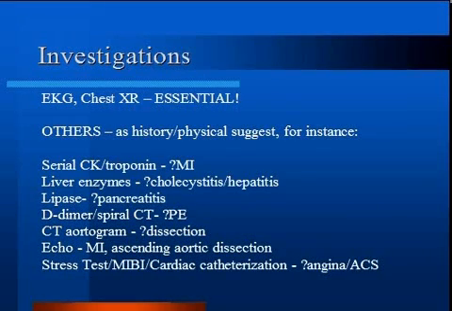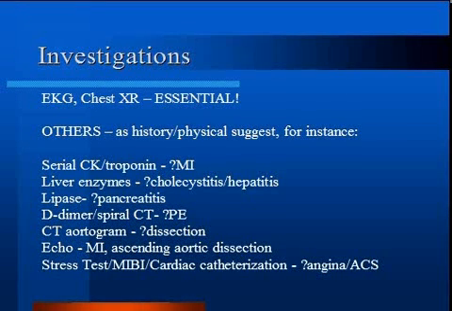Initial studies include an ECG, especially during an episode of chest pain, and a chest X-ray. These studies may support the initial diagnosis and help avoid missing serious etiologies of chest pain, such as acute myocardial infarction or pneumothorax. Further investigation should be done as appropriate.